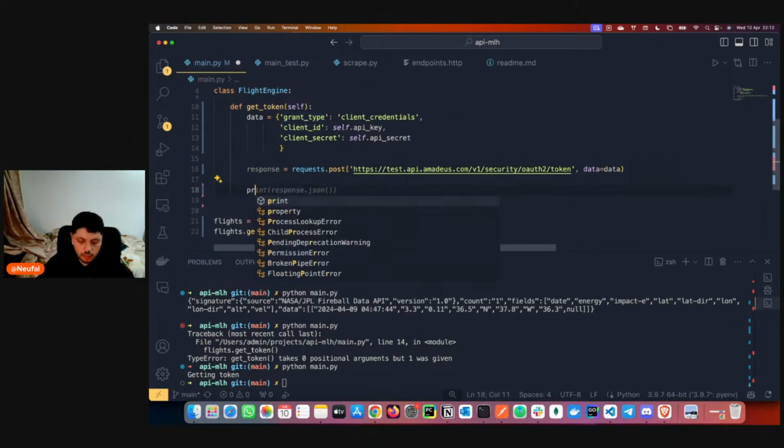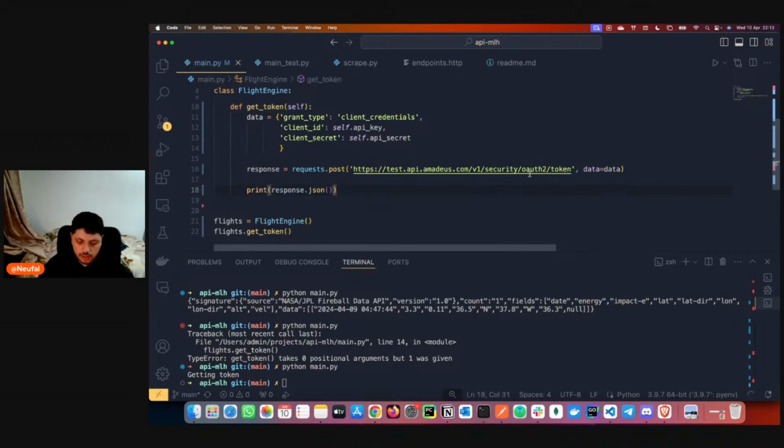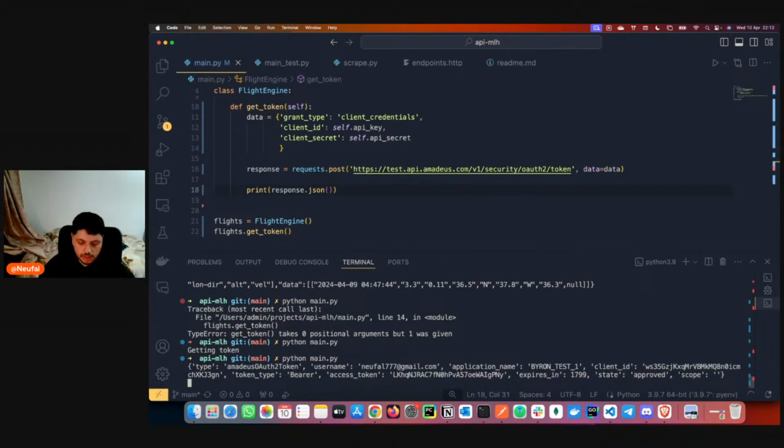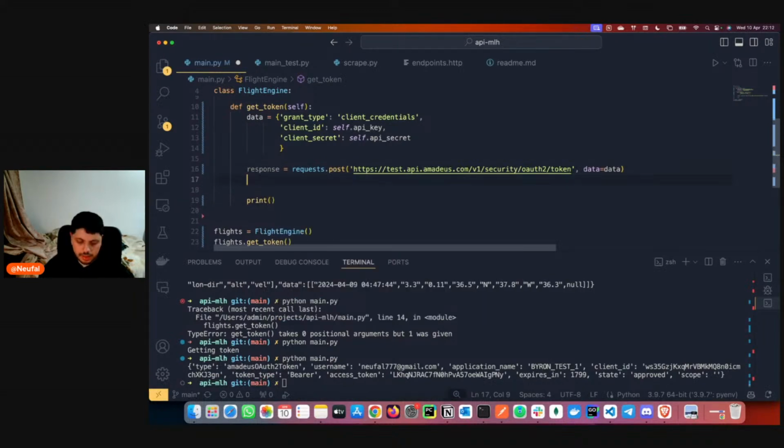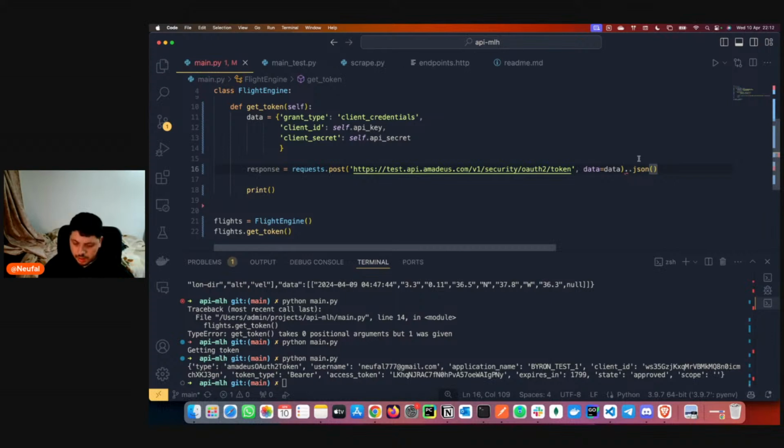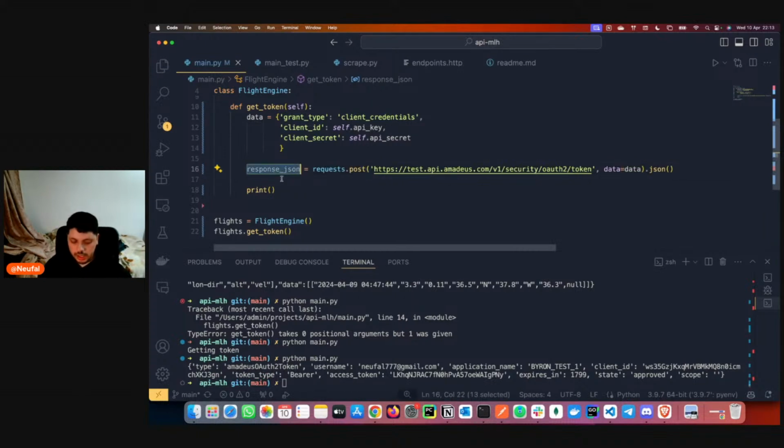And we have the response. If we print the response as JSON, we get the information. Another trick, if you don't want to use JSON all the time, and you know that it's a JSON response, just copy this and paste it here. Now response JSON will always be a JSON.